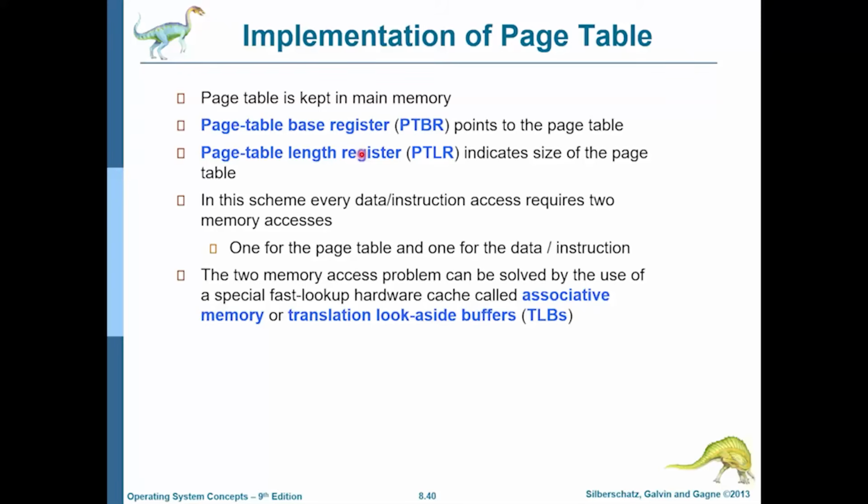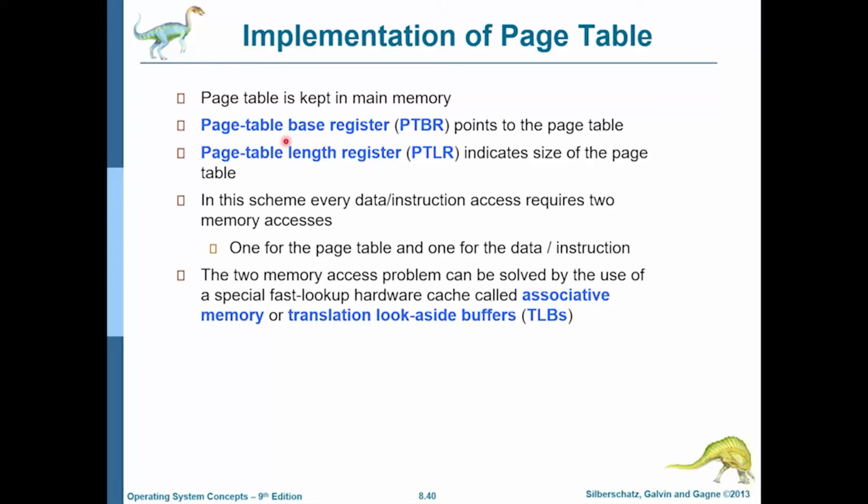So if the logical address says that I need a very high page number which is not allocated to the process, then the operating system can raise a trap. We saw similar concepts in segmentation also. So every memory access by the process will need to go through 2 accesses. One is the access into the page table so that it knows which frame to go to in physical memory, and then once it knows the physical address, the actual access into RAM or physical memory has to happen. Then it has to come back to the process.